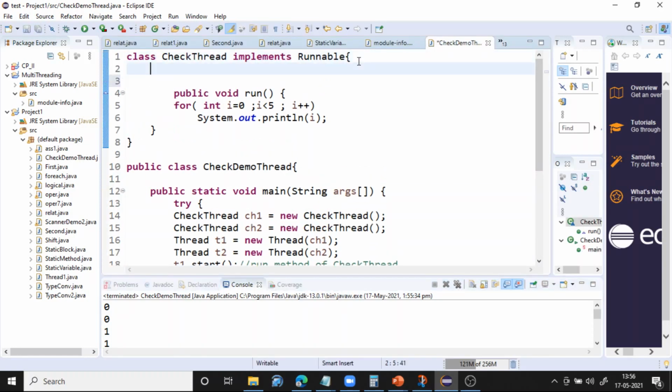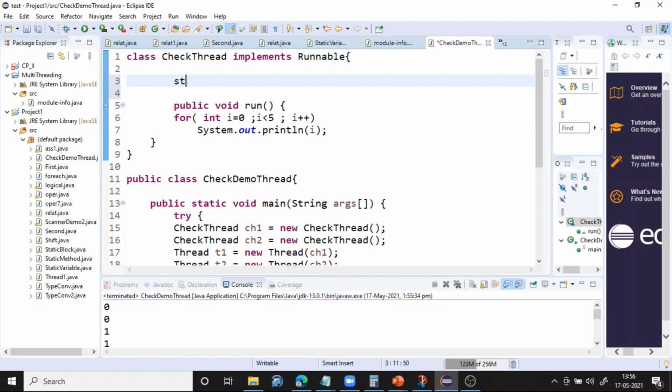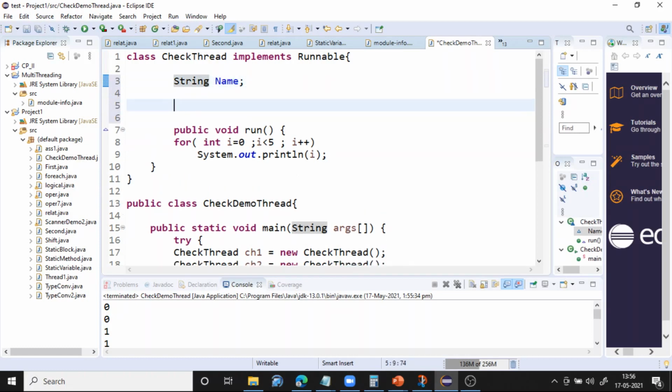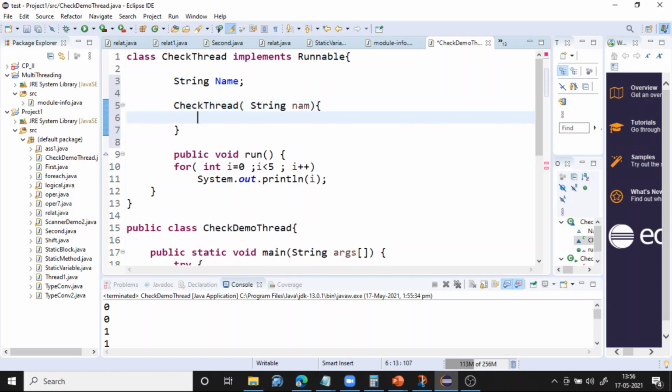So in that case, if you want to know the thread name, then we will create one string here. I am creating a string object, a string name. Okay. So there is a string name, and I am creating a constructor for this check thread, which takes a string object, some name, and what it does is it assigns this dot name is equal to name.